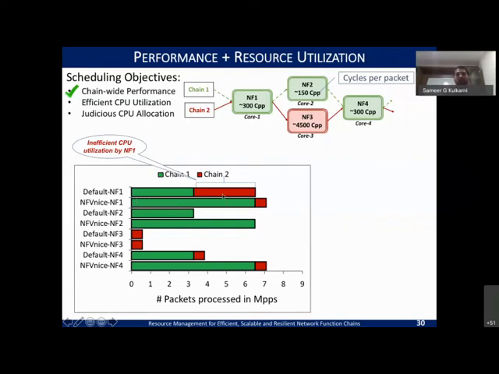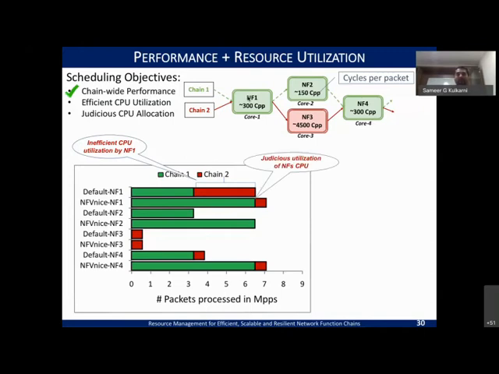Overall, now NF1 is able to process more of the green packets and just the necessary amount of red packets that NF3 can process. So you can now see the benefit: the overall throughput that you achieve is almost twofold. Why? Because you are making sure that you are properly allocating CPU core 1 to the packets that can be processed downstream and upstream. So even if this were to be here, it is on the upstream that you signal and make sure that the upstream works correctly. Right? So that way you avoid the inefficiency